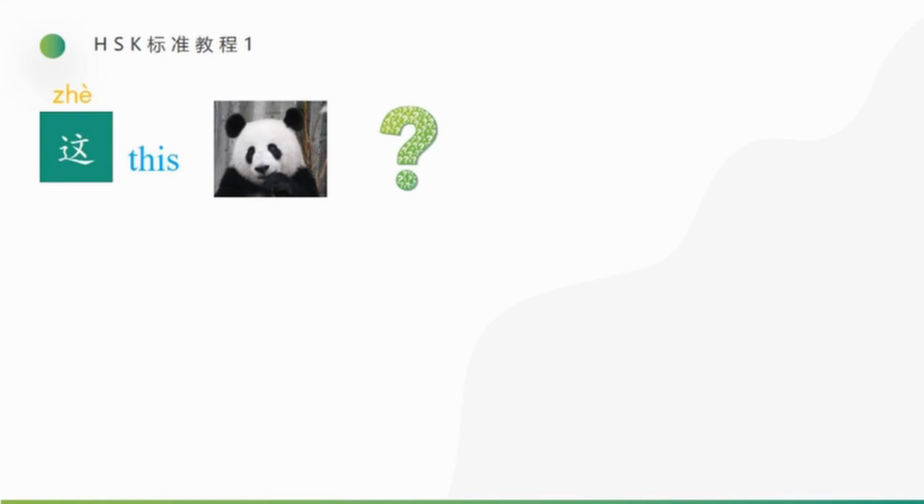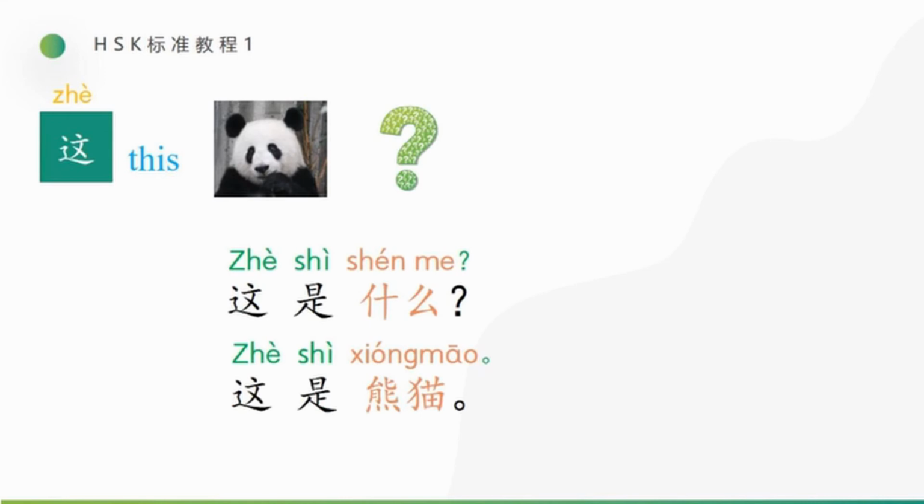Okay. So if it's the first time I say 熊猫, I don't know what's this. So in this case, I want to ask you how to say. I don't know what's this. Yes, very good. We can use a sentence. 这是什么? Very good. So answer it. We can say 熊猫. We use 熊猫 to replace 什么.